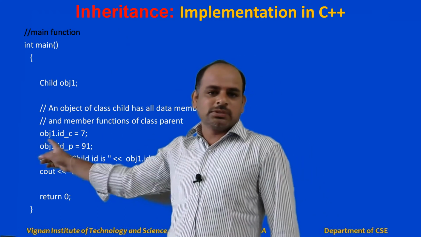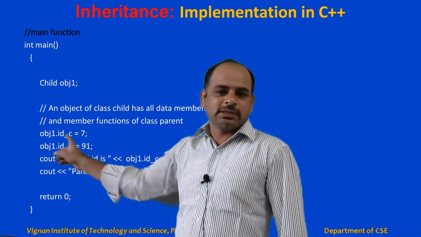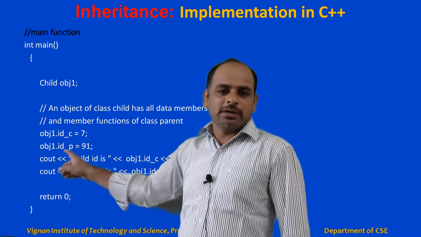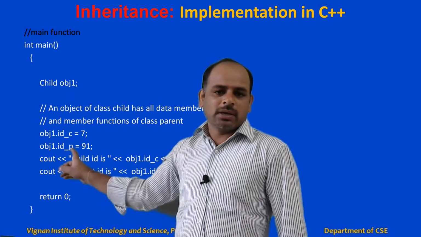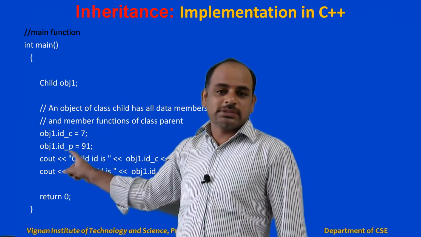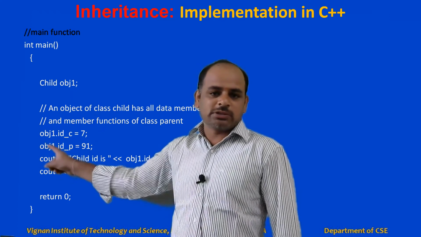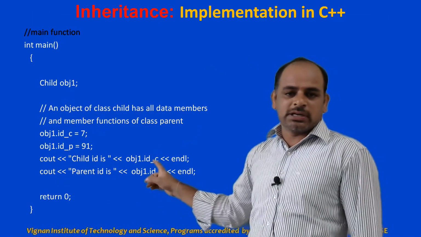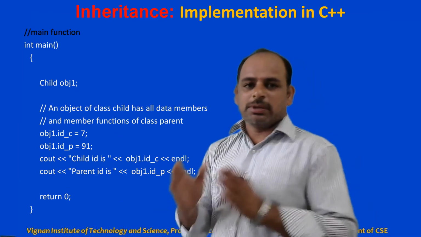So here I'm using object one, basically an object of the child class, dot IDC, ID of child, equal to 7, and object one dot IDP. The same object, the child class object, I am using. I am not creating a parent class object here. I am using only the child class object and dot, and IDP is the parent class member, which is accessed by using the child class object, equal to 91. So now you can display both the child ID and the parent ID by using the derived class object. So by this example,